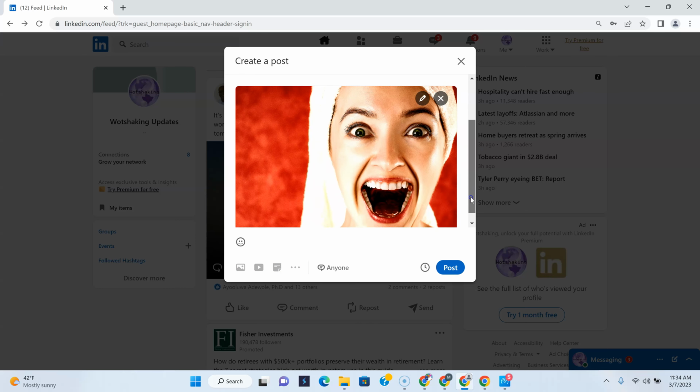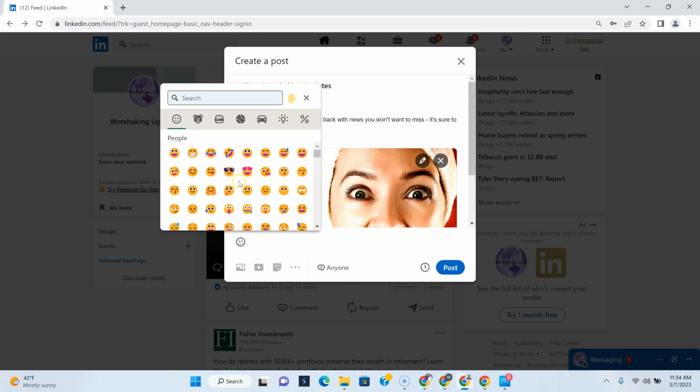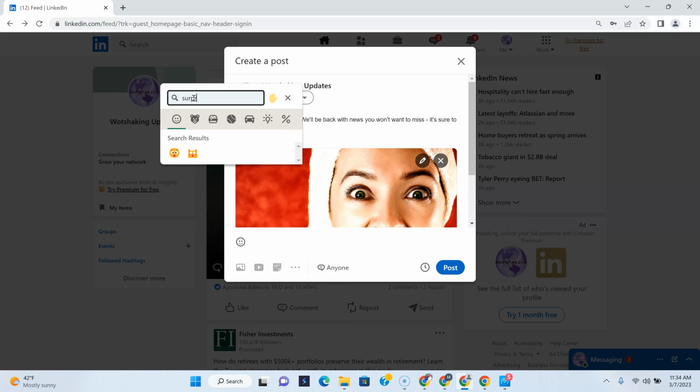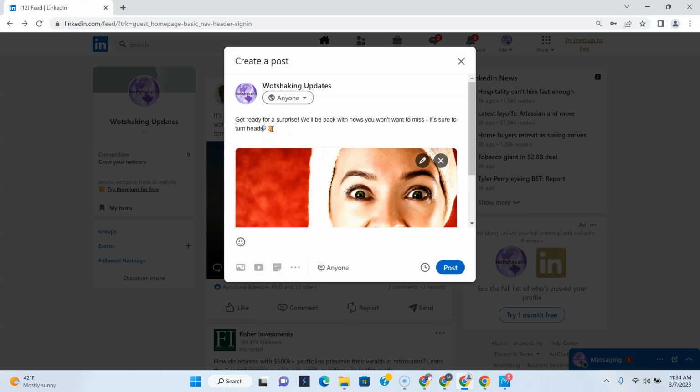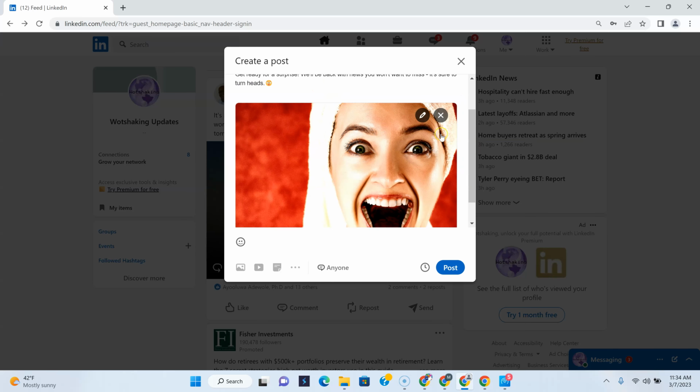Now, for also the fun stuff, open emoji keyboard. So you also have an emoji keyboard here, which is pretty cool. So let's just say surprise. There we go. Perfect. That's just perfect. Okay. So get ready for a surprise. We'll be back with news you won't want to miss. It's sure to turn heads. Okay. So we have our picture, we have our caption, and